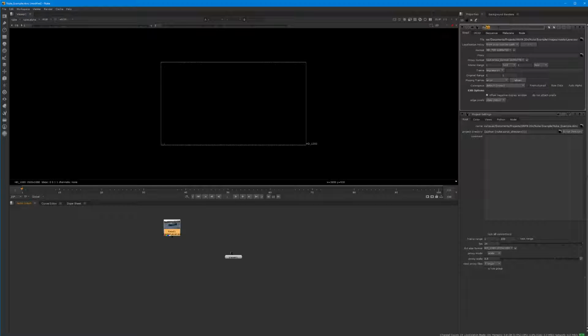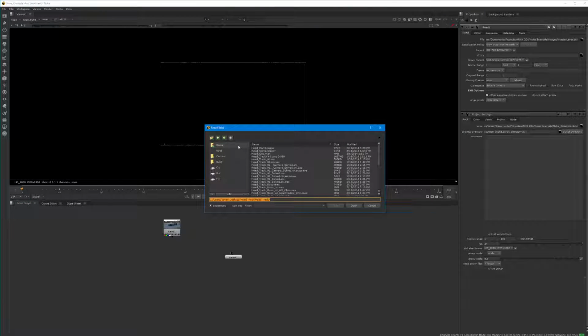So the node that I brought in is called a read node. I said there's two ways you can do this. You can drag and drop. The other way is to create a read node manually. For that, you can use the hotkey, which is very simple. It's the R key. And if you hit the R key,